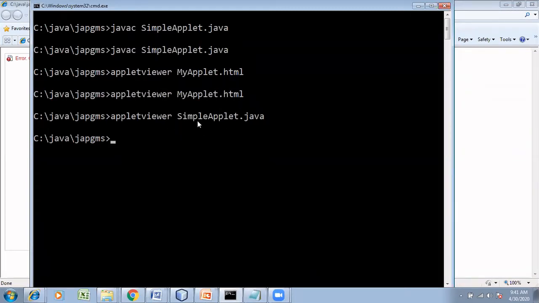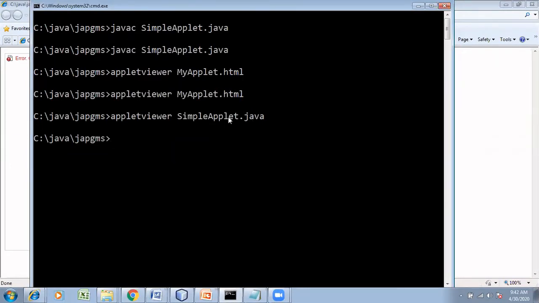You can also make it available within simple applet. I'll show you. Before that, just tell me how to compile an applet program. What is the command? javac, the same as a normal program, yes, correct. How to run the program? We have appletviewer and then the HTML file name. Yes, two methods: one is writing an HTML file, another is executing it with the help of appletviewer. Since I have already made this myapplet.html file, I directly showed it in the appletviewer. But if I try appletviewer on simple applet.java, I will not get the output.